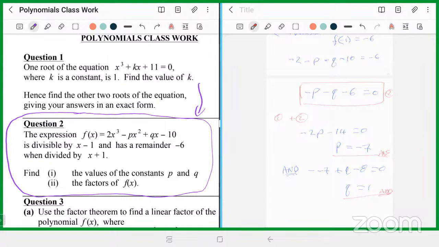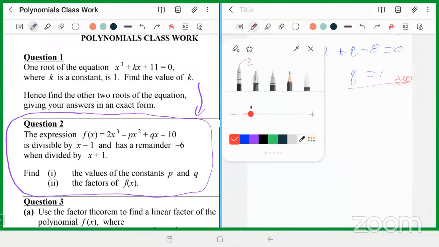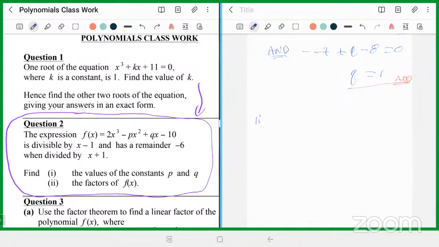But okay so far? Yes, sir. All right. And then now they want us next to factorize the expression fully. Factorize f of x fully. We already know one factor. But since we know the p and the q, we can now write the function. So let's write the function. So for part 2, the function becomes